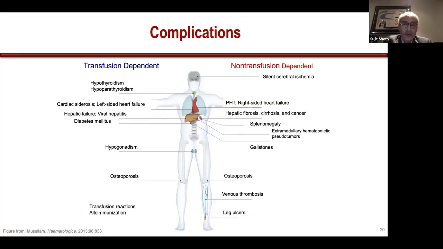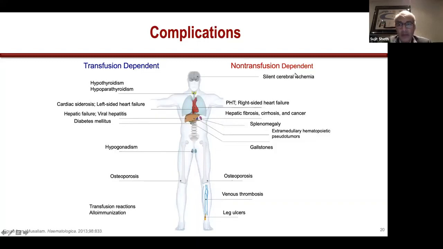The complications of beta thalassemia you can see on this slide, and essentially you have transfusion-dependent patients on one side and non-transfusion-dependent patients on the other side in terms of their complications. And for transfusion-dependent patients, the complications are mostly related to the iron overload. So you can see here the endocrinopathies, cardiac disease, liver disease, and osteoporosis, all related really to the iron overload. The osteoporosis has other etiologies as well, but most of these are related to the iron overload itself. Yes, they can have transfusion reactions, develop alloantibodies, which make it difficult to cross-match. So those are also issues that these individuals may have to deal with.